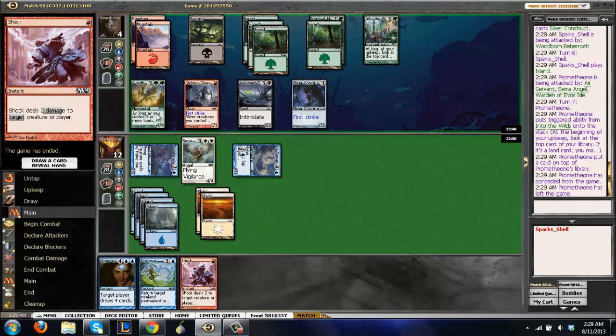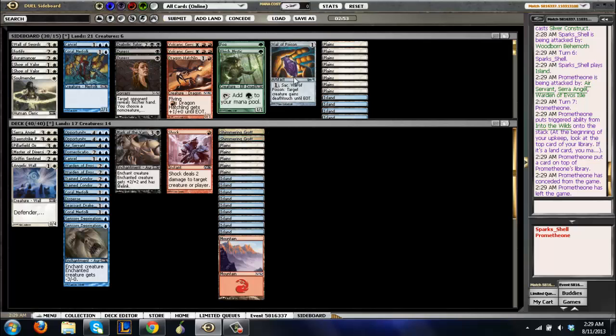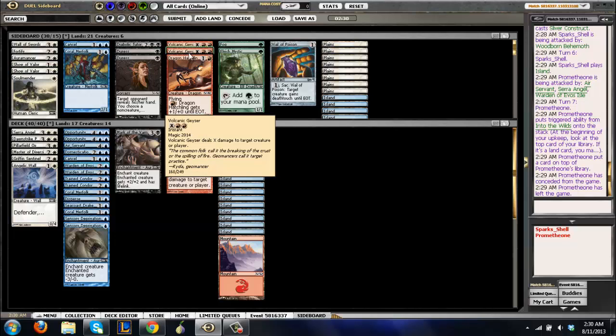Let's go to sideboarding. So he's got slivers, which is not unduly worrying. I think our deck is pretty well positioned to fight him. We just need to not draw really badly. I think our deck's fine. Like, what else can we even bring? Volcanic Geyser is not what we want to be looking to do here. Volcanic Geyser can't really deal with the 8/8 anyway, so